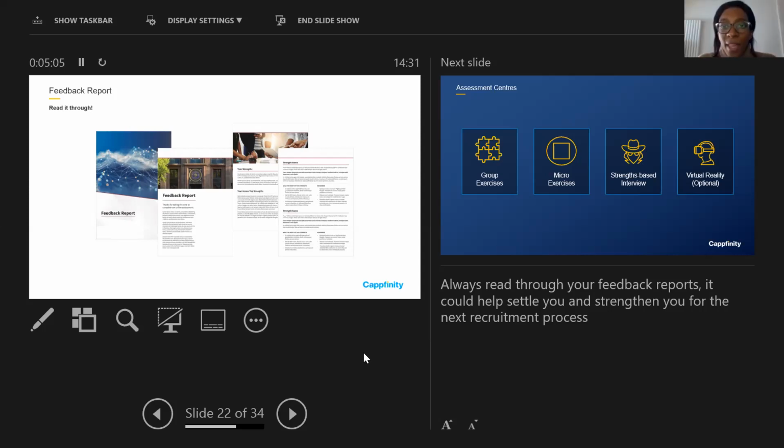So I think with gamification, it's not the type of assessment that you'll be doing with strengths and Cappfinity. They are a different type of assessment, but really it's about looking at your behaviors. What do you naturally gravitate towards when you're in that virtual reality? It's very much a behavioral assessment.